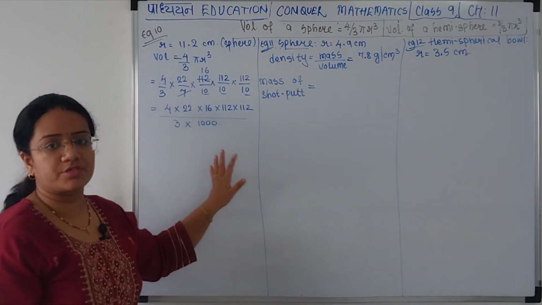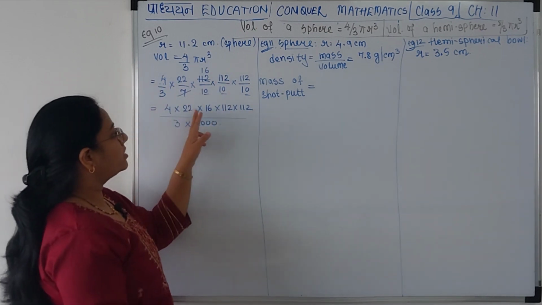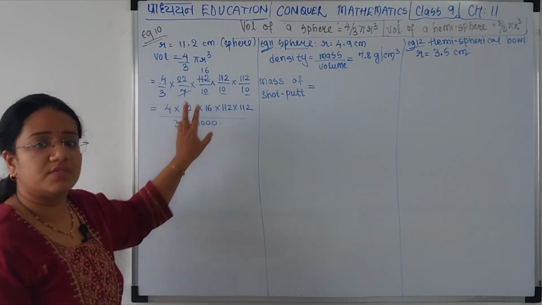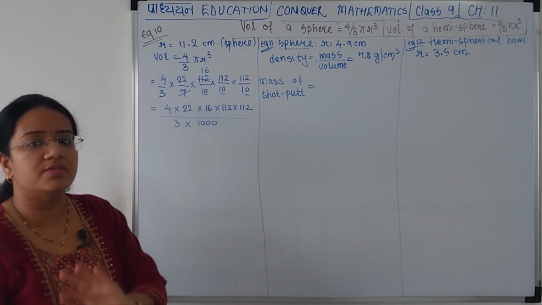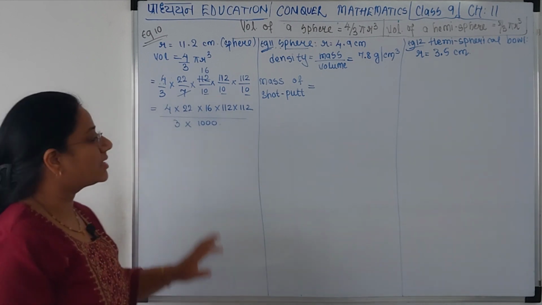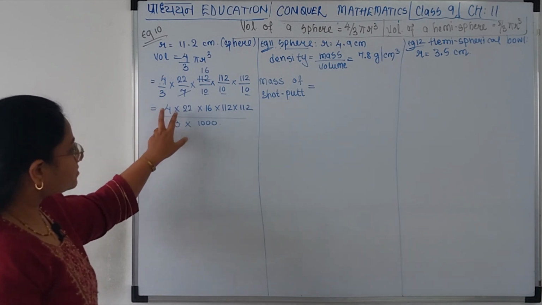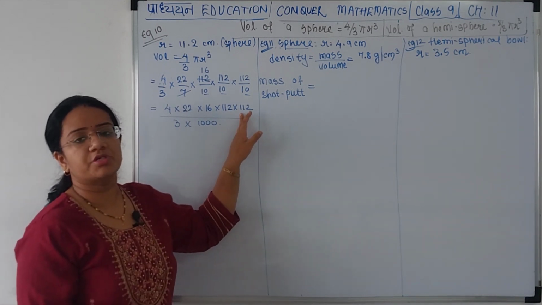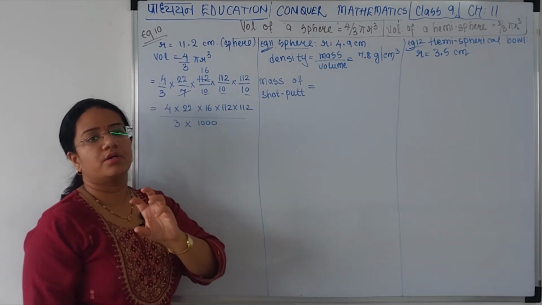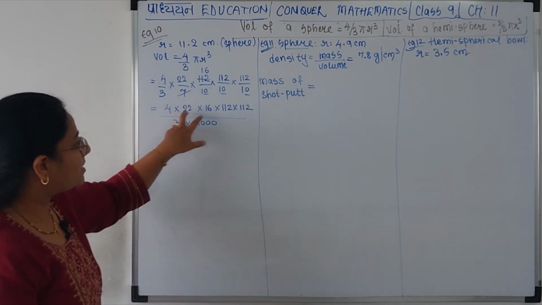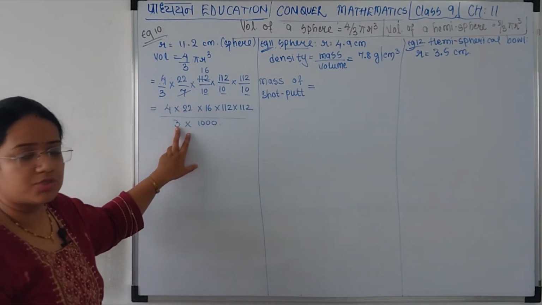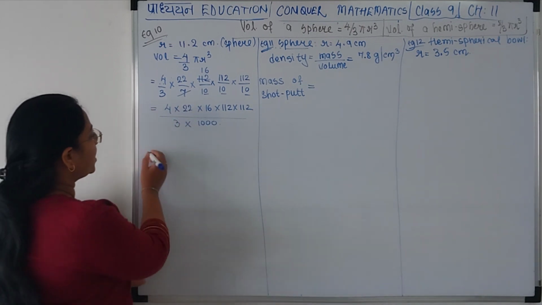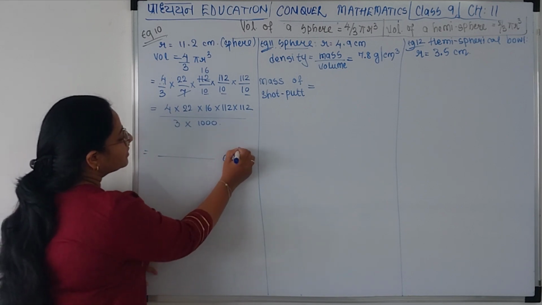Don't complicate your calculation by cutting down using 5. The more decimal points, meaning the more zeros in the denominator, the easier it will become for you to make the calculations. Is that clear? Simply your work is to multiply all these numbers. I know it is lengthy, but multiplication is always easier and less time consuming than division. So multiply these numbers and divide by 3. That's all you have to do. You will get your answer by putting the 3 decimal points. Okay, so that is your do it yourself, get the answer to this question.